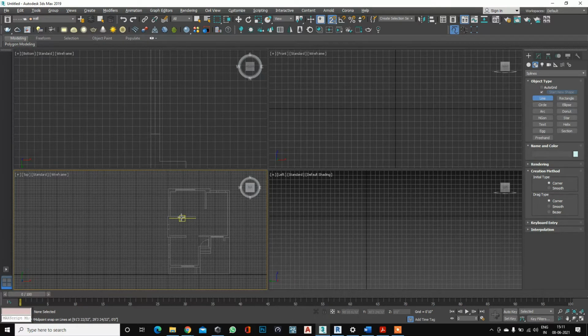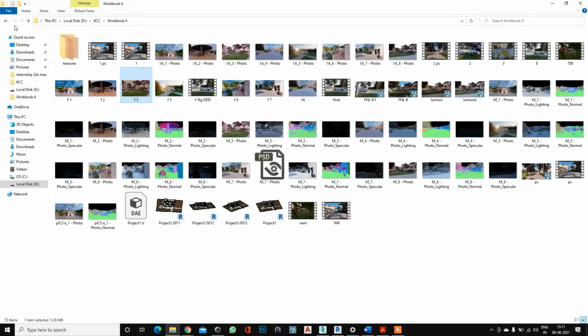Both software come from Autodesk. So in 3ds Max we can create any kind of object, not only construction-based objects. We can create a teapot or anything. In fact, we can create a human body also in 3ds Max, like a man or woman, right? So, let me open the PPT first.